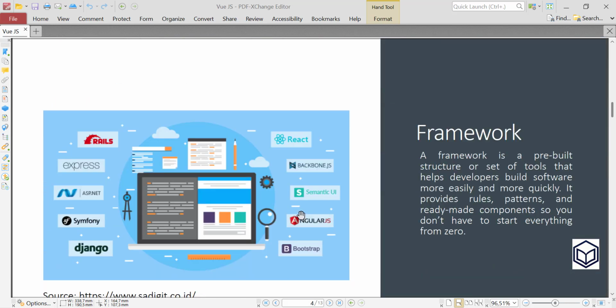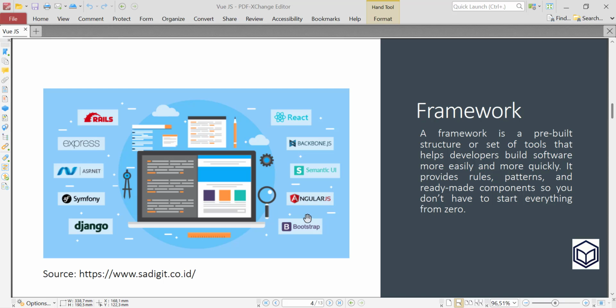We often hear about frameworks. A framework is a pre-built structure or set of tools that helps developers build software more easily and more quickly. It provides tools, patterns, and ready-made components, so you don't have to start everything from zero.